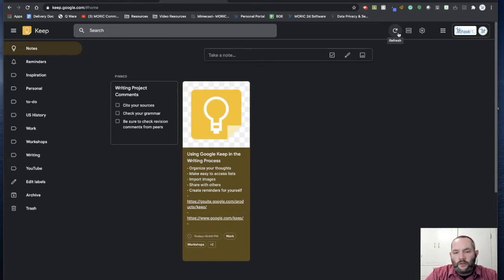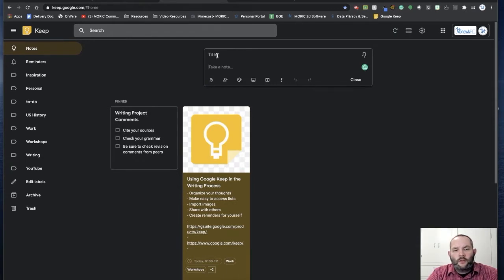So let's quickly talk about how to create Google Keep notes and what the options are within them. If I click to create a note, I can easily see here the options that I have for this individual Keep note. Here I can give it a title. So I'm going to call this Assignment 1 Notes. And I'm going to say for my note, text, text, text. So I can simply type into the note a title and the main part of the note that I'd like to have shown.